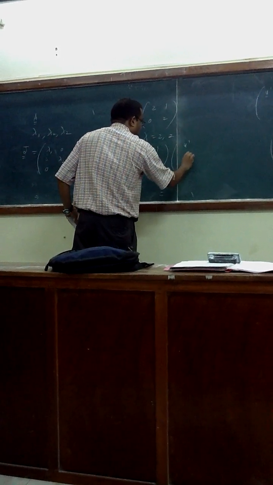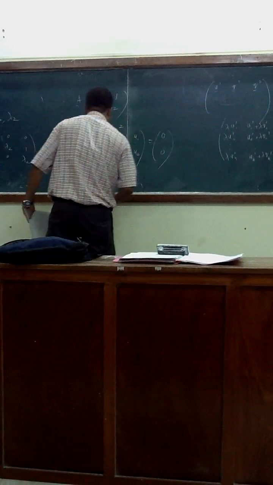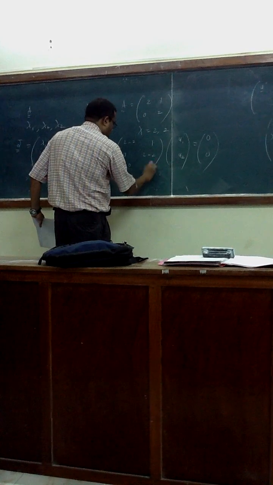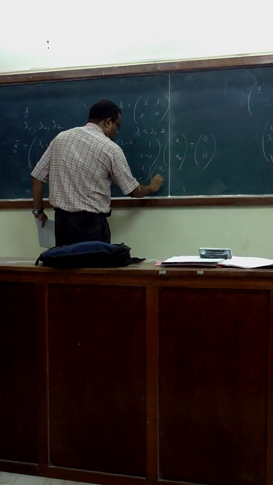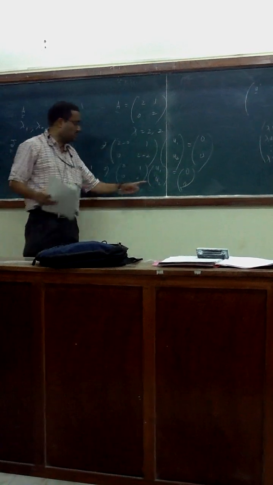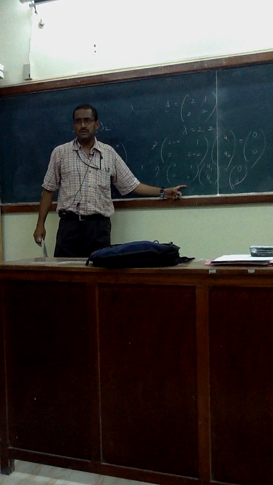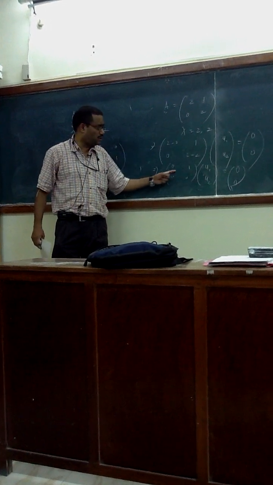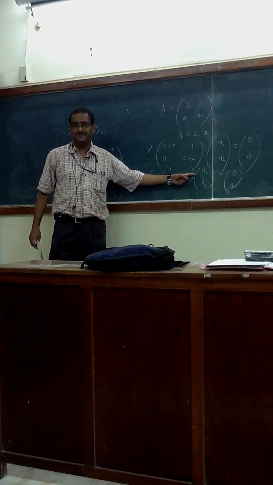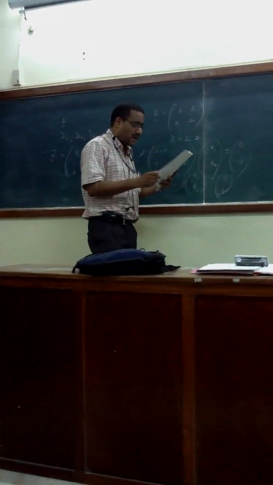With U1, U2, if you don't want to do this one, you can directly do this. So you have 0, 1, 0, 0, times U1, U2, equals 0, 0. From here you can see that the dimension of the null space is 1, because the number of independent algebraic equations is 1. So it is showing that U1 equals 0. U2 could be anything.